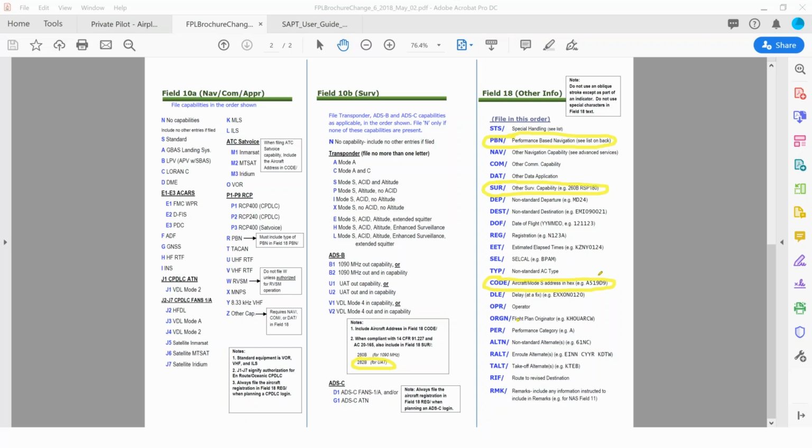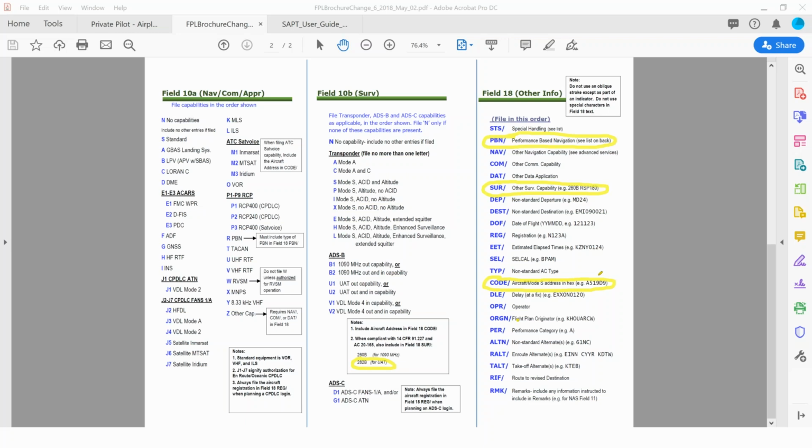Now I know for a fact that I've flown aircraft that are ADS-B equipped and all that, and I didn't fill this field 18 out, and I know the pilot I was flying with didn't fill it out correctly. This is when I was kind of learning this, and nobody said anything. I didn't get an email or a letter from the FAA saying, hey, you filed your international flight plan incorrectly. So I don't know the repercussions if you leave this off, and I also don't know how that's going to change with the 2020 mandate. I'm sure some of it will.